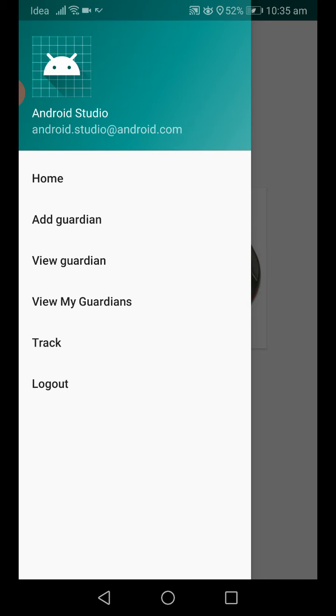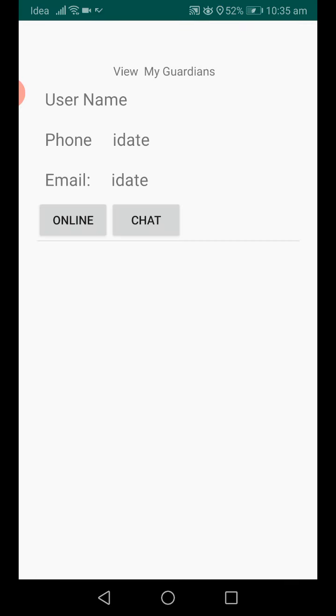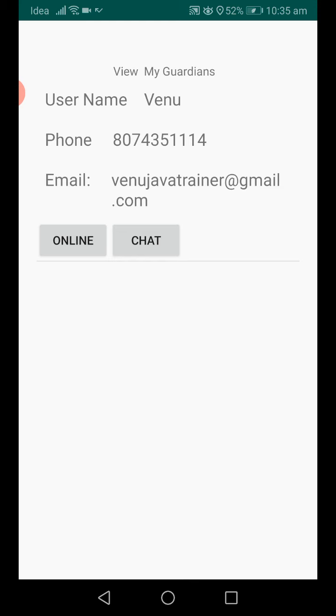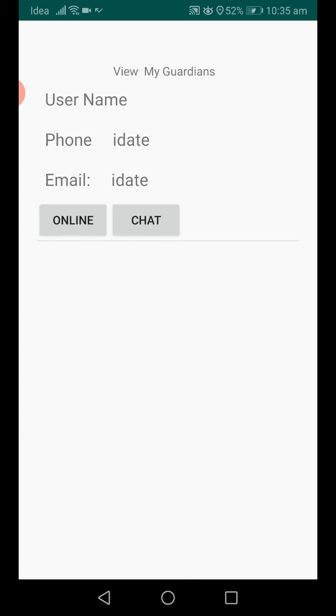After login, when I click view my guardians, if Venu wants to see my live location, I give the option online. Now Venu can track my location. If Venu doesn't want to track my location, I give the option offline.